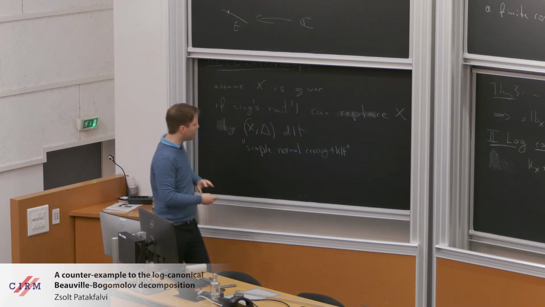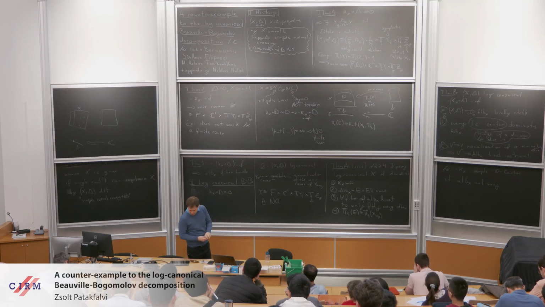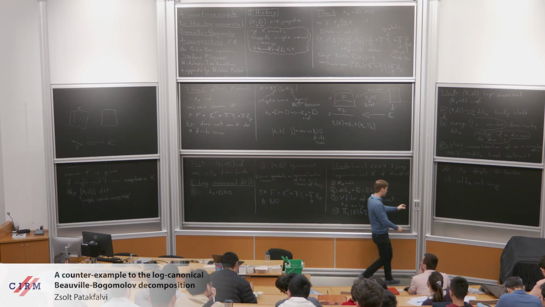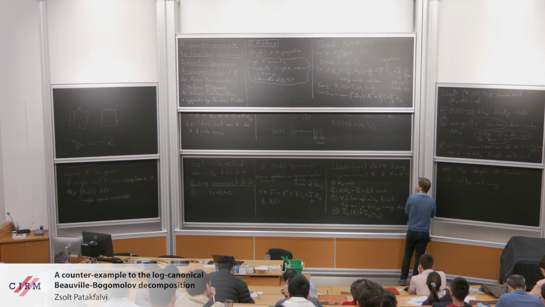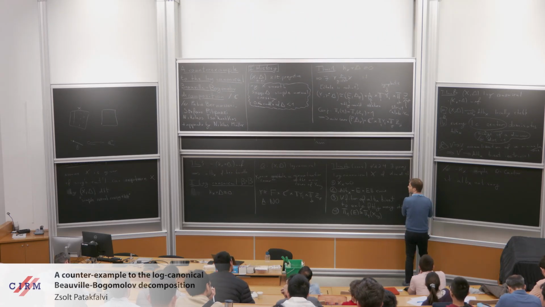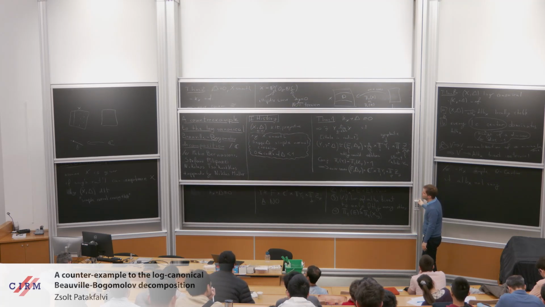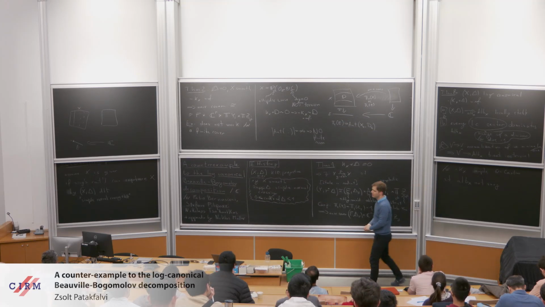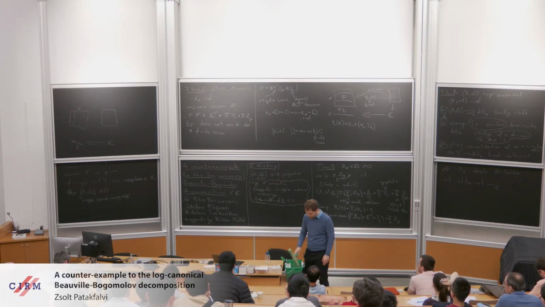So okay, we construct something which is almost simple normal crossing, but with boundary. All right. So how is the construction going? It's a construction based on pencils. It's really a Fano construction, and what's difficult about it, whenever you do some kind of Fano construction, is just to fit in the